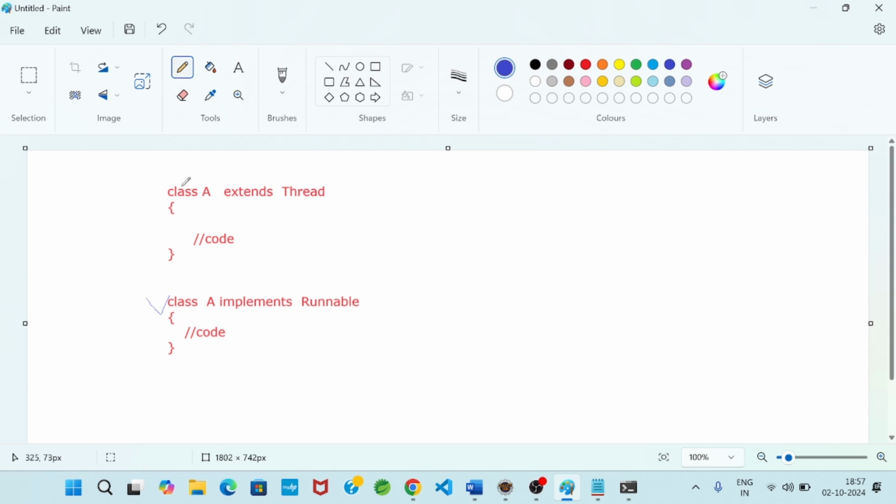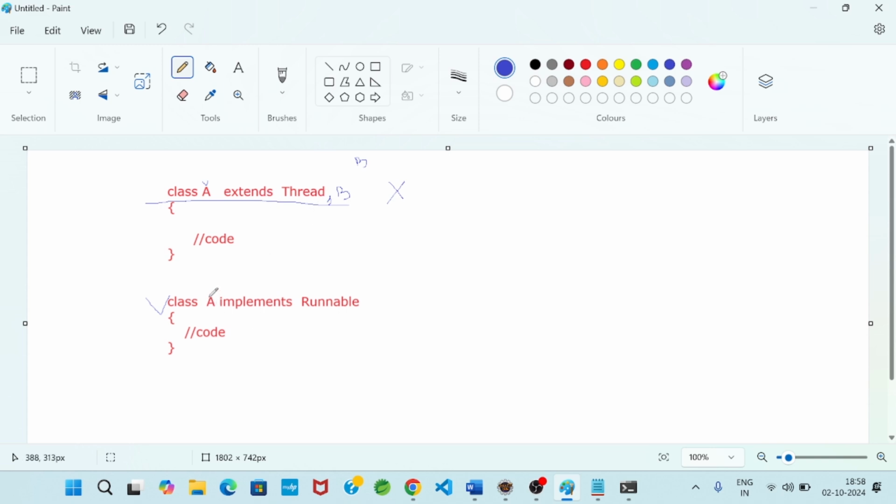In inheritance, suppose this class A extends the thread class, and suppose I take another class B and also write extends here, it will give an error because it represents multiple inheritance. Multiple inheritance is not supported by Java. One class extends from one class; it never extends from more than one class.